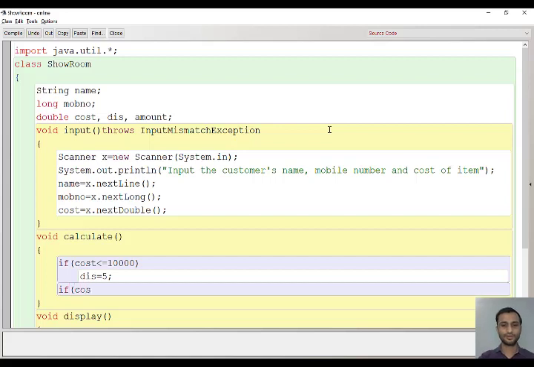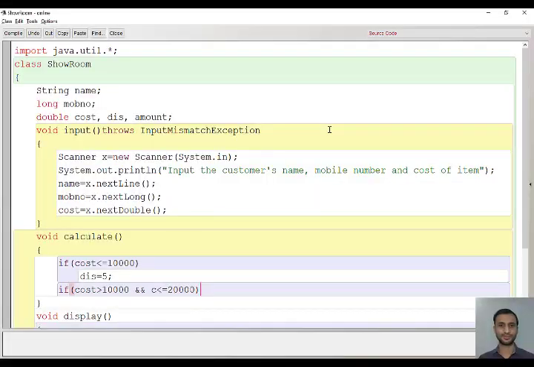Next is if it is more than 10,000 and less than or equal to 20,000. If cost is more than 10,000 and it is less than equal to 20,000, means between 10,000 to 20,000, then the discount is 10.